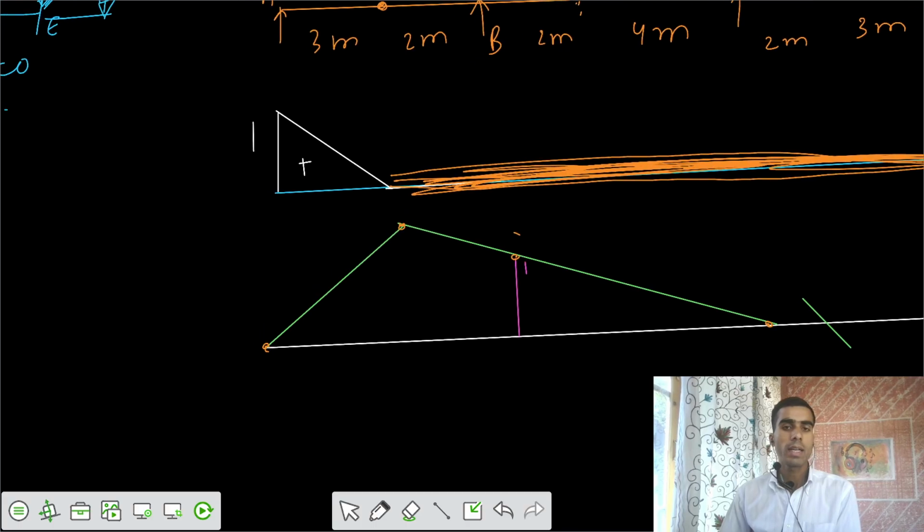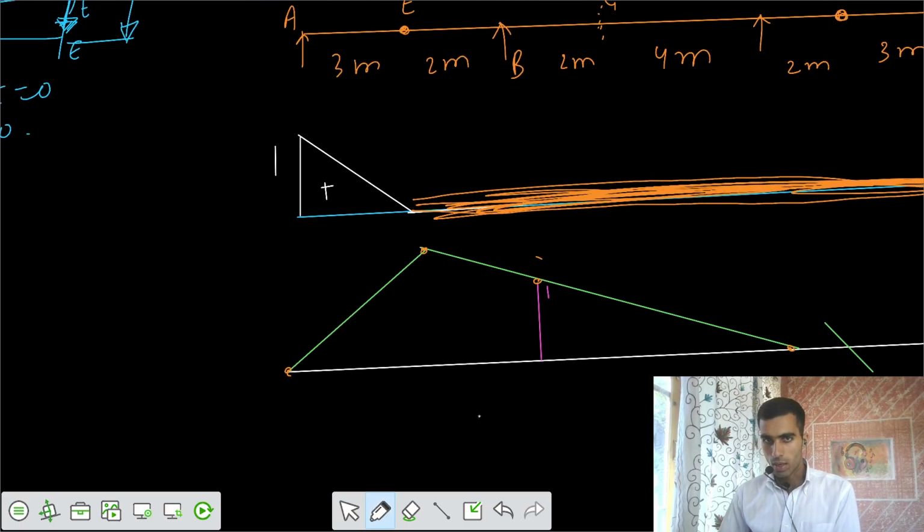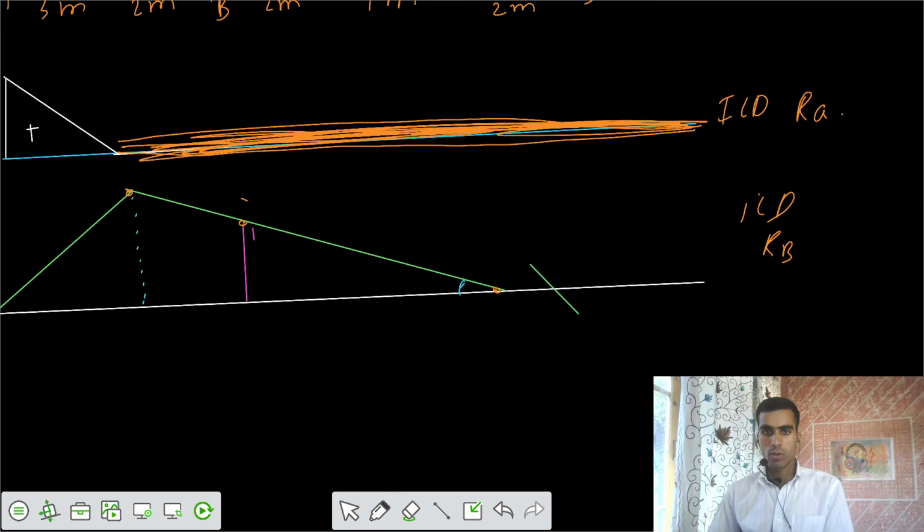Value of those ordinates, I would say, can you guess what should be the value of this ordinate? I would say, what is the theta here? Can you tell me what is the theta? I would say the value of theta would be equal to,